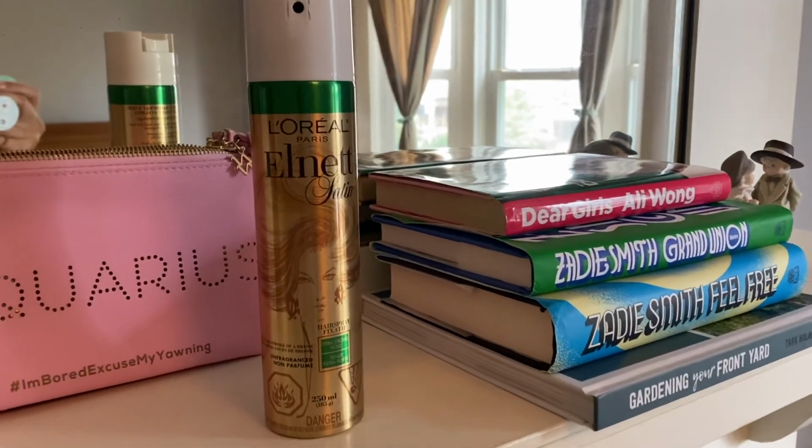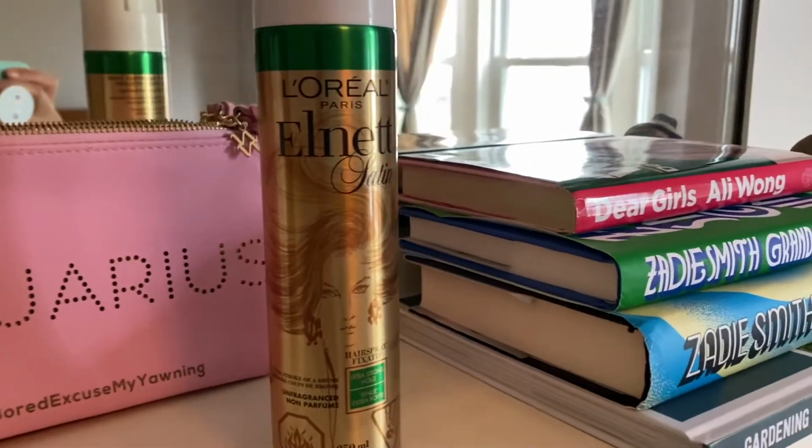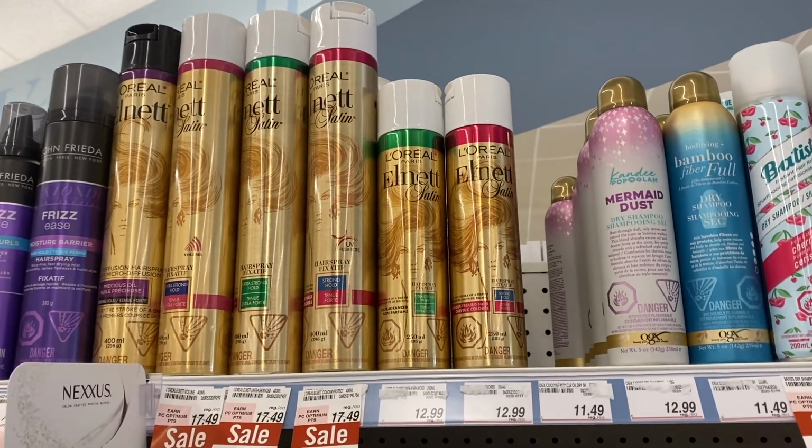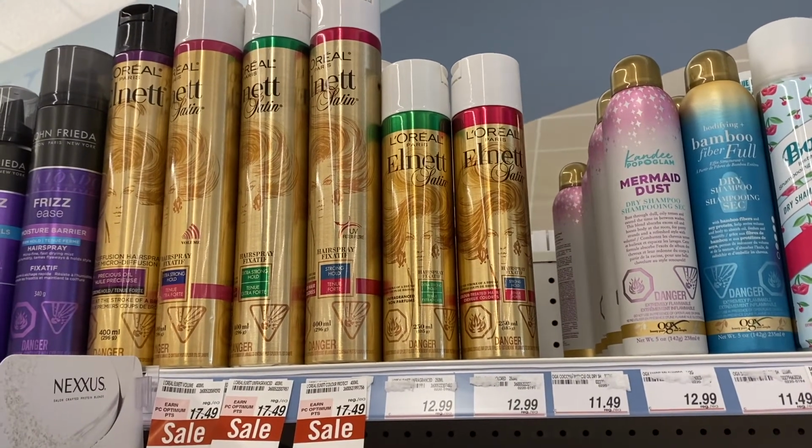This is like the best hairspray of all time. I have never found one that I like better. A hairstylist introduced this to me when I was getting a headshot portrait sort of situation done years ago, and I've never looked back. I've tried others. This one has no fragrance. It's not too sticky once it goes on. It lasts and lasts. Here's a tip though, if you have thin hair or even if you have thick hair,